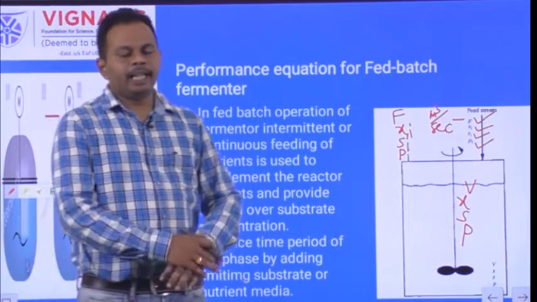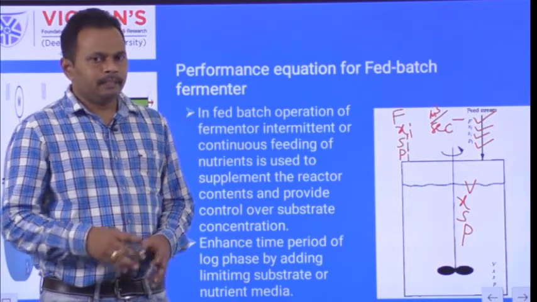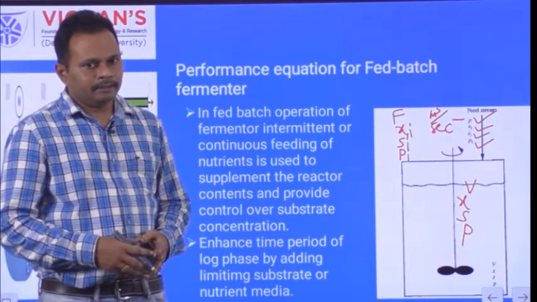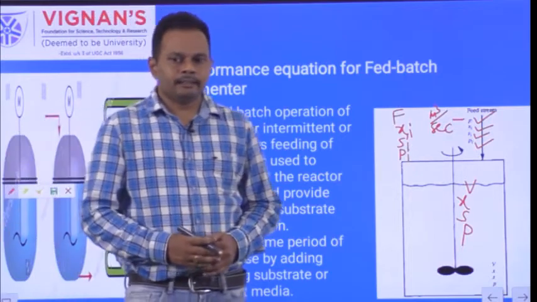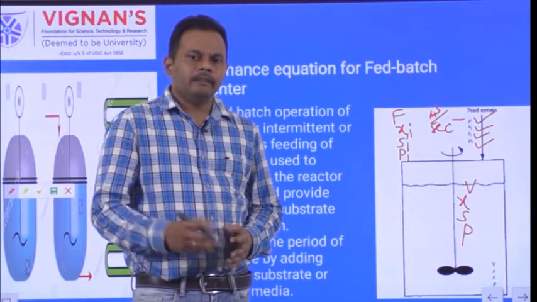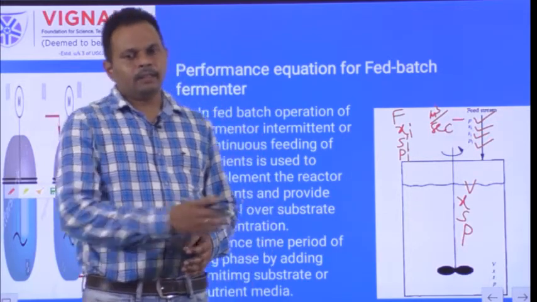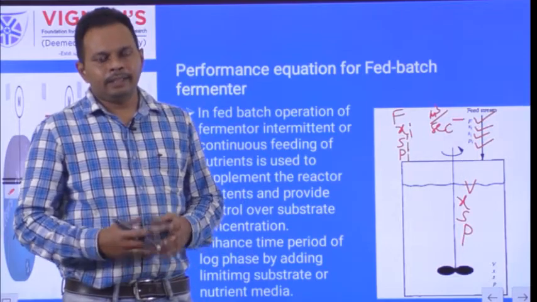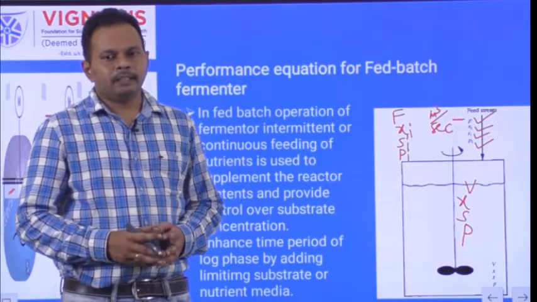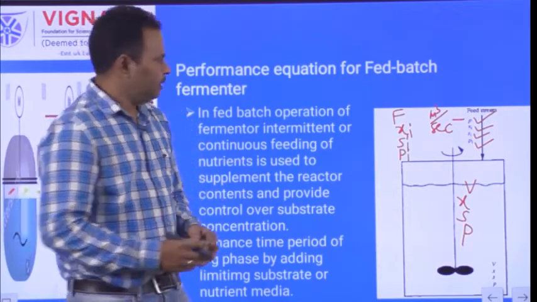Similar to the batch fermenter, initially we take the substrate, that means the entire liquid nutrient media and inoculum, into the fermenter before the start of the biological reaction. Once the biological reaction starts, after a certain time t, the nutrient media gets exhausted. Whenever the nutrient media falls below some significant level, we start to add the liquid nutrient media continuously or intermittently until we obtain the substrate concentration at the desired level.